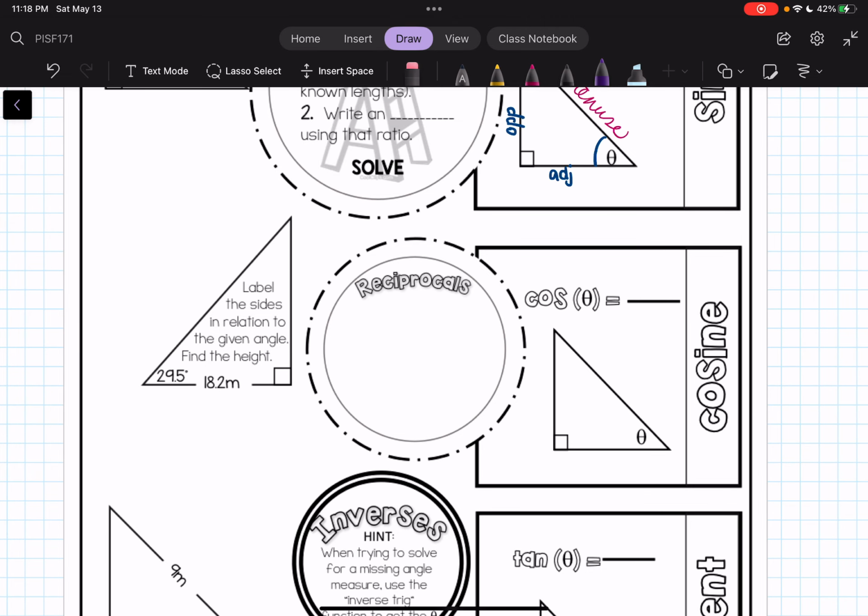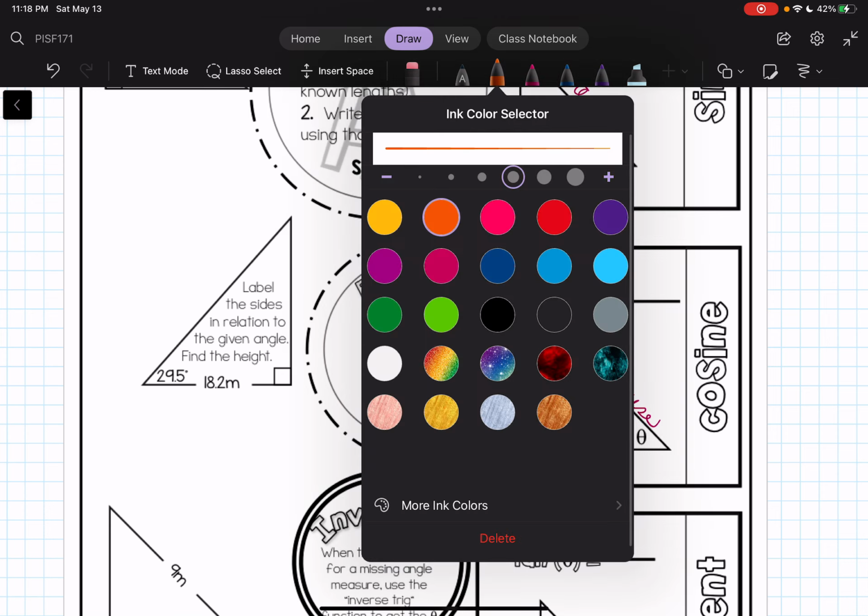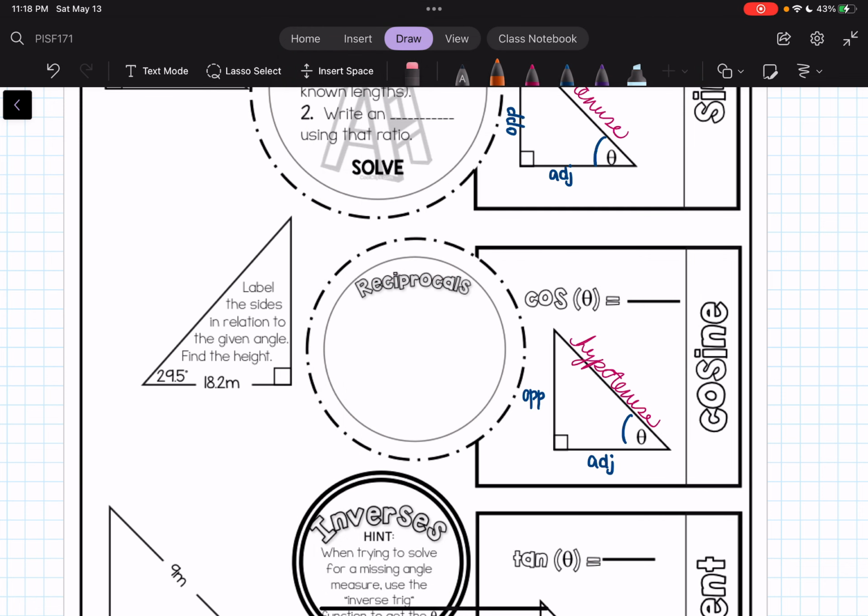Now let's look at cosine. So we're going to label the sides first. And then we have the opposite to our theta, remember, and the adjacent to theta. And the rule for cosine is that cosine of theta is equal to adjacent over